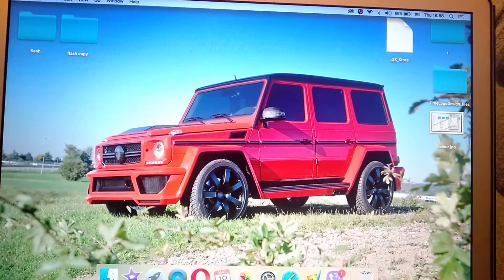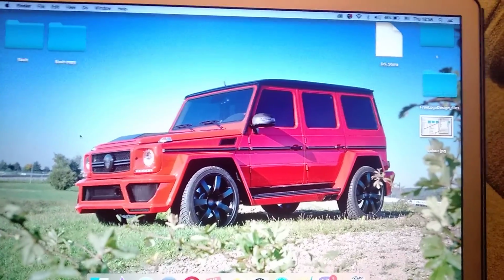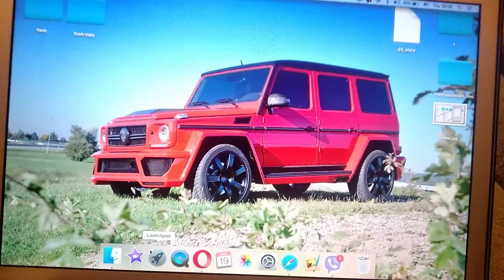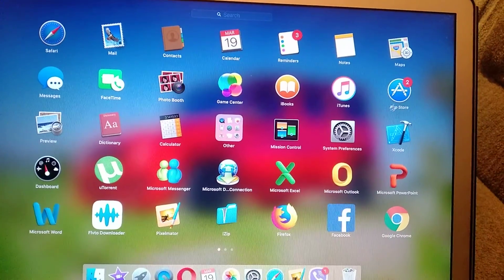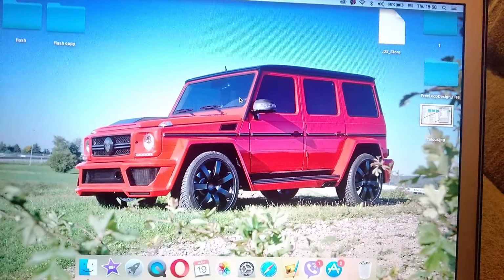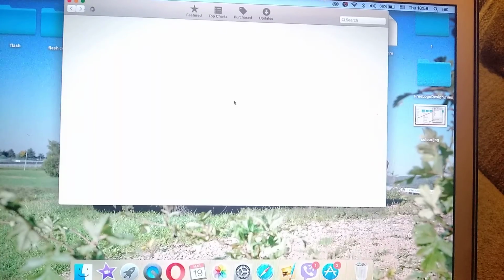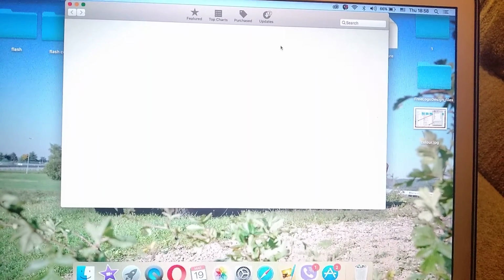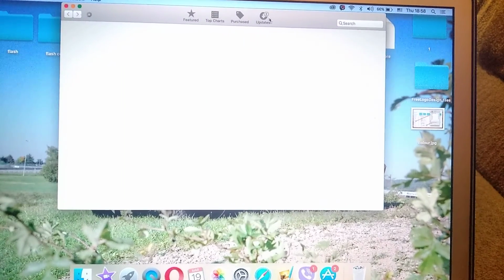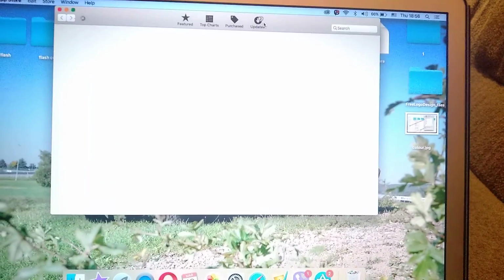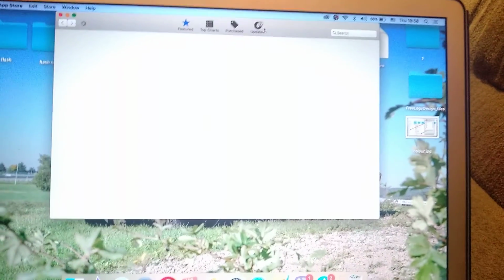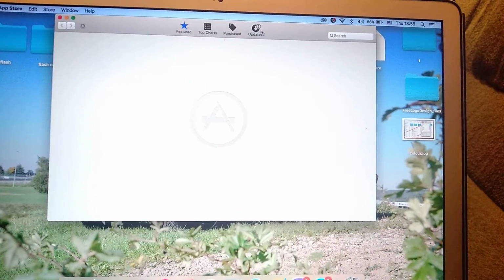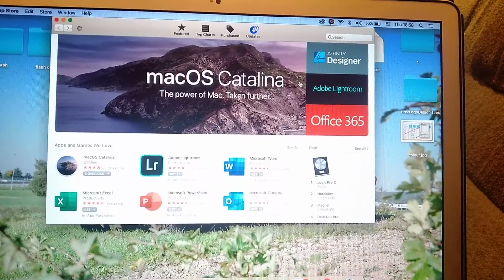So for doing this you just need to try to update your Mac manually. So how can you do it? You just need to open Launchpad, go to App Store. So now just wait until the App Store opens, and now you just wait some time until it opens a new window, and we will go to updates,